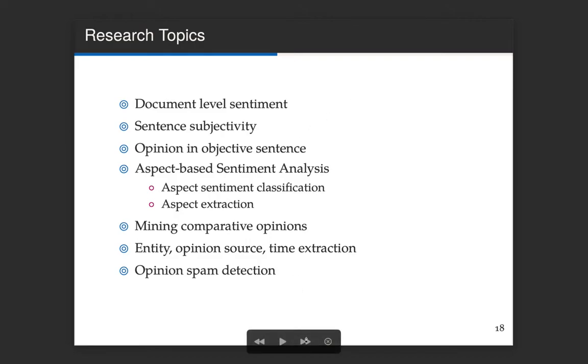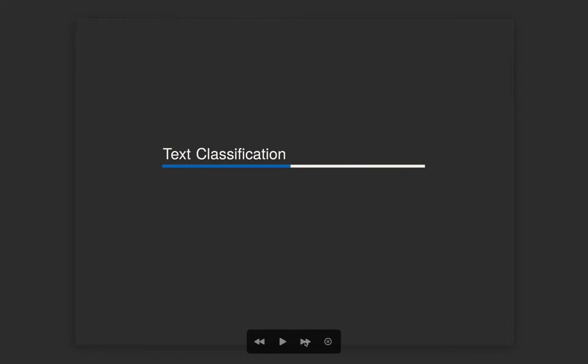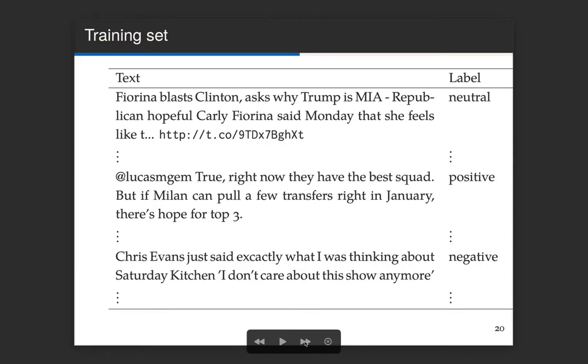Well, I have described opinion mining in general terms, and I'm going to talk more about text classification. As you can see, text classification is one of the components of opinion mining and sentiment analysis. The approach that I'm going to talk about is a supervised learning approach. In supervised learning, you start with a training set. A training set in this context is like this one.